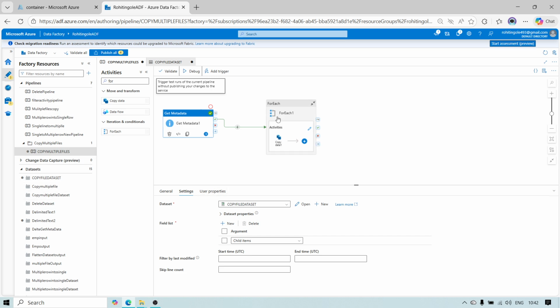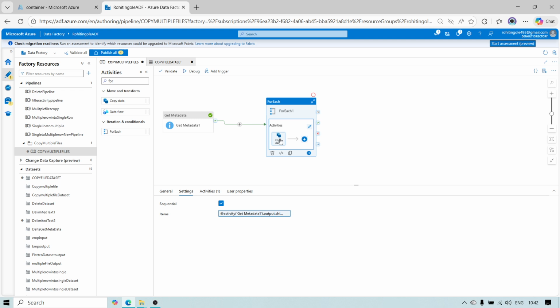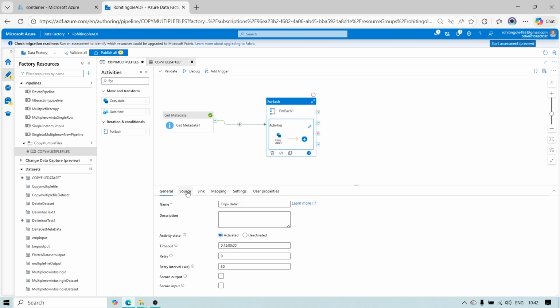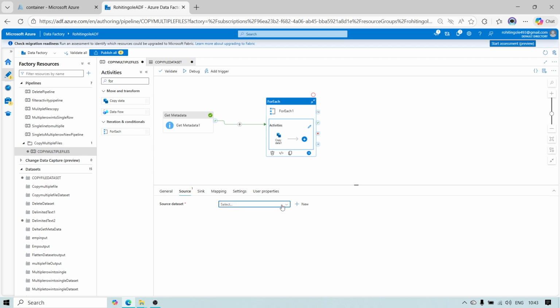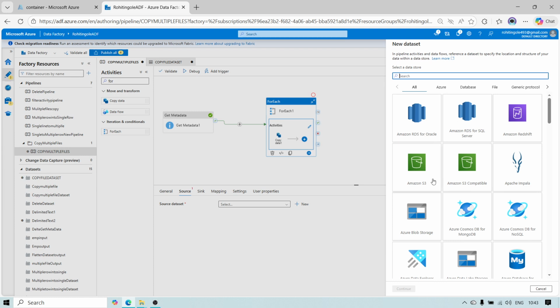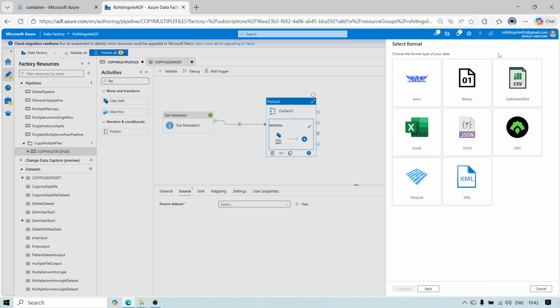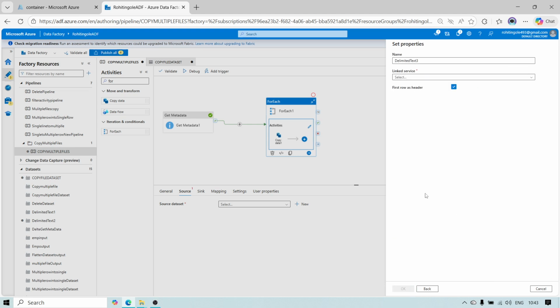Actually here I think we selected the same copy file. Let me select here, let's see which. Okay, so actually we need to create a new data set. We created the same data set, right? So I can remove this one and I can create a new one. Azure blob storage, okay, CSV, continue, and here ADLS, and here I can make a data set